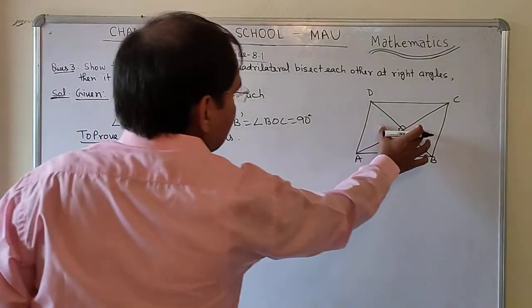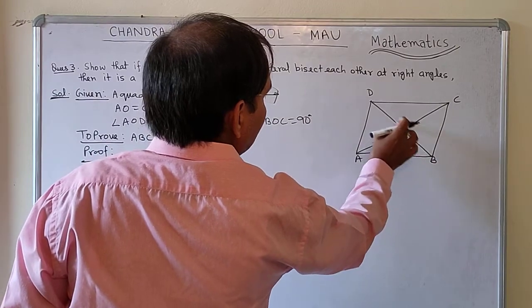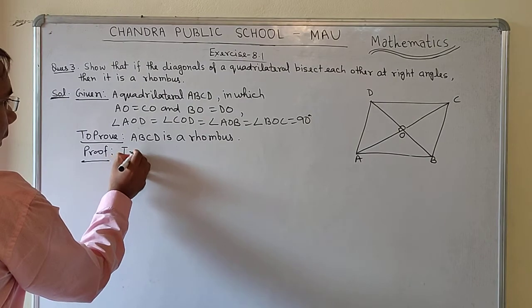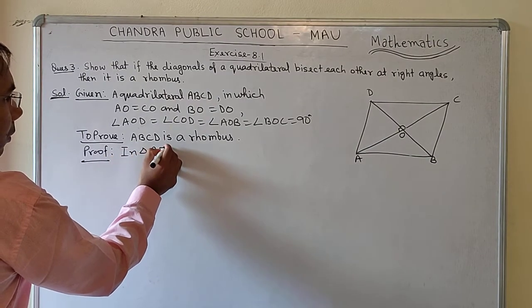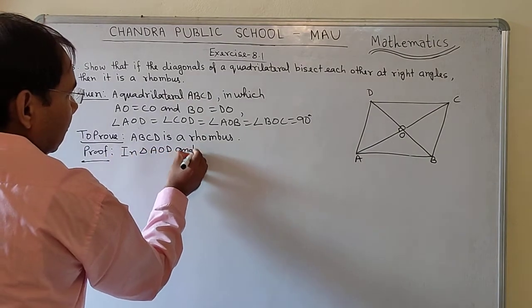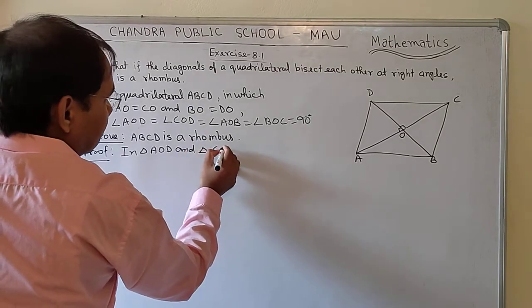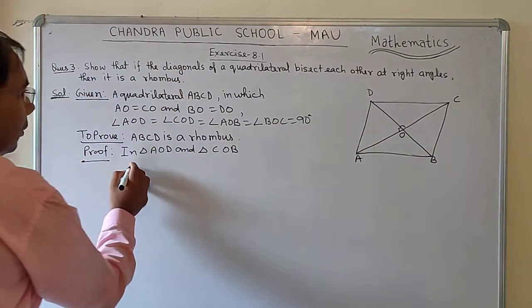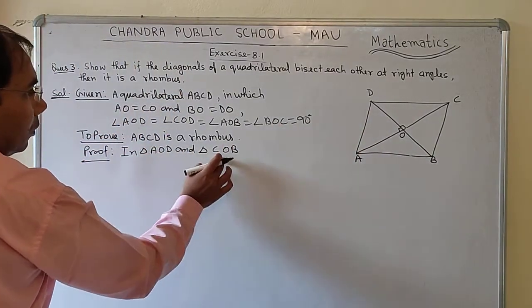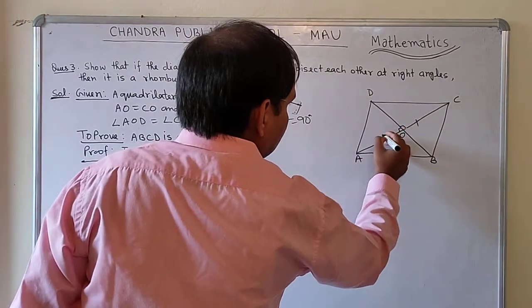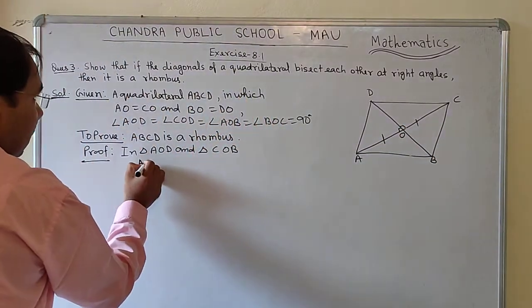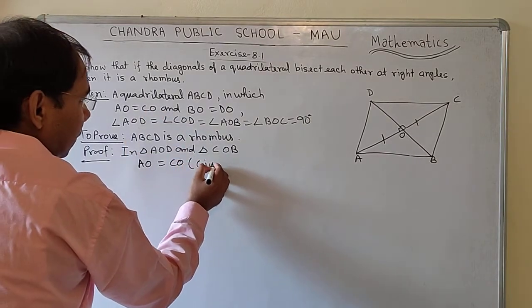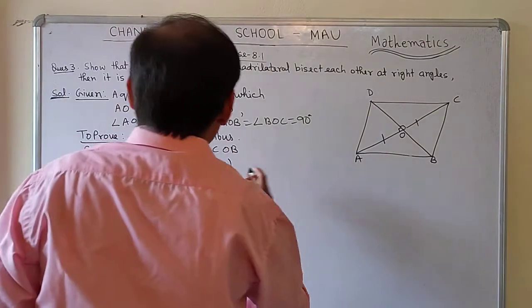I will take these two triangles. In triangle AOD and triangle COB, in both the triangles, what the things are equal? AO equal to CO. That is given. Here it is given. In both the triangles, one side is equal. Next,